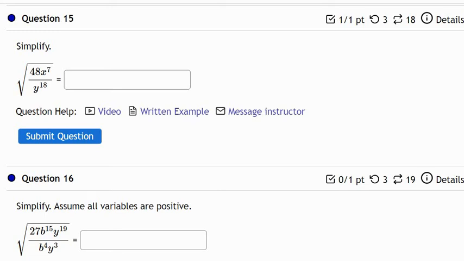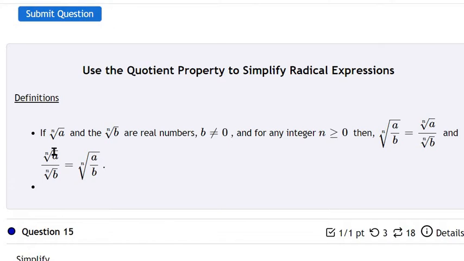Okay, let's simplify this radical. To simplify it, the first thing I'm going to do is apply the quotient property. What the quotient property says is this: the quotient property says that if the nth root of a and the nth root of b are real numbers,